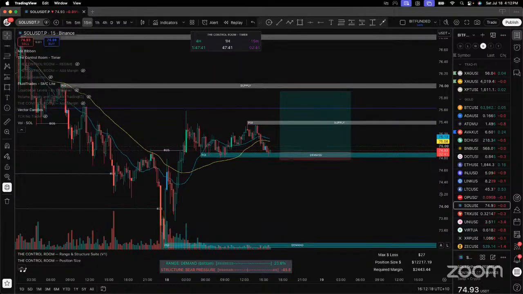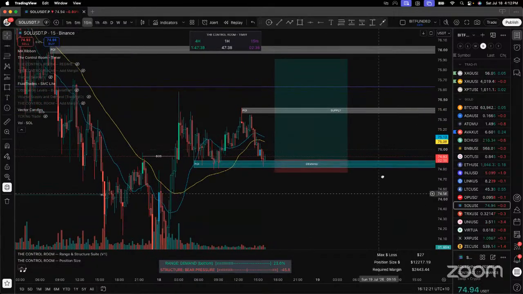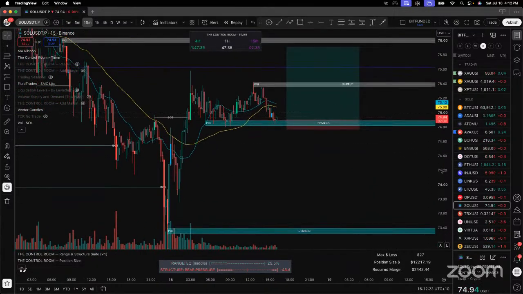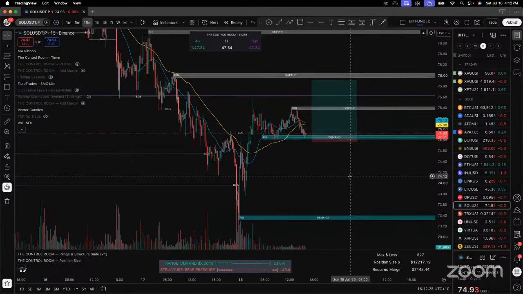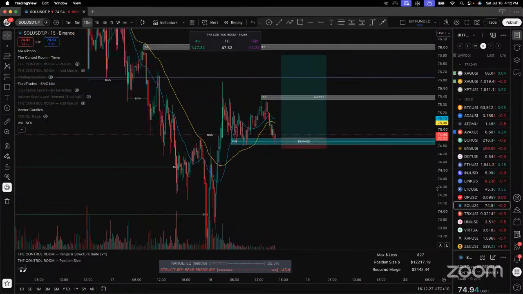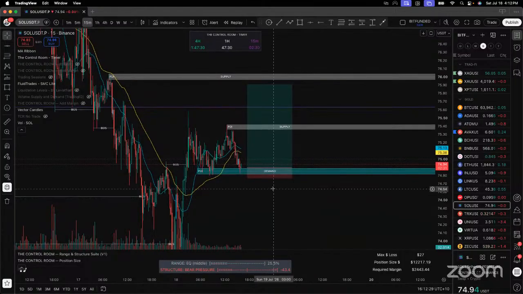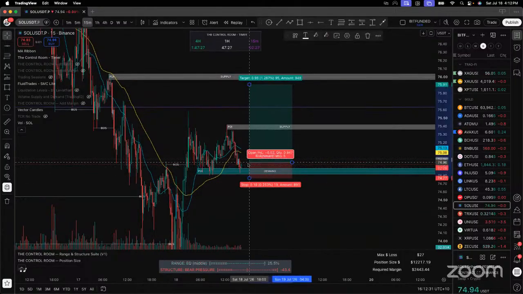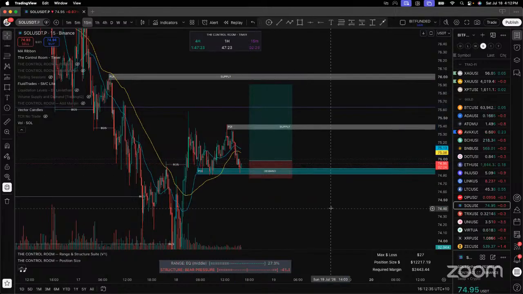Solana, I like it. There's no need for it to come any further down. No vectors. It's on demand. If you're going to take an entry, that would be it. There you go. We're starting to get displacement now. Just wait for candle close, another 2 minutes. See how we go. Got entries on Solana in every BitFunded account.